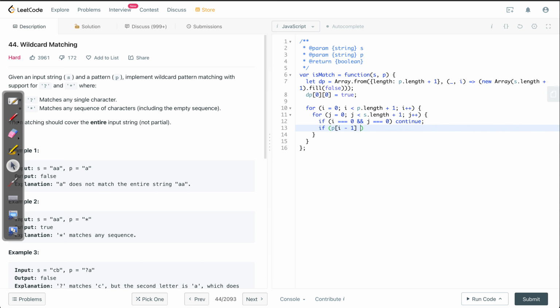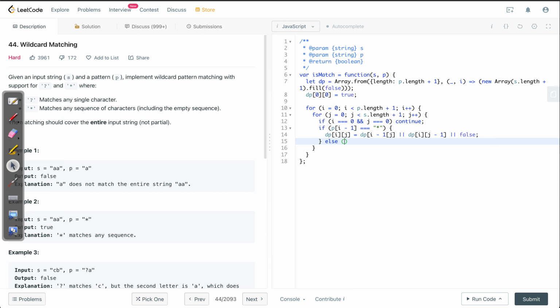So if p[i minus 1] is equal to asterisk, then we need to go up one row and left one column, and for both the cases we need to do an OR. So dp[i][j] is equal to dp[i minus 1][j], same column, or dp[i][j minus 1], same row but one column less. And in case we are positioned at the very first column, this false will take care of it.